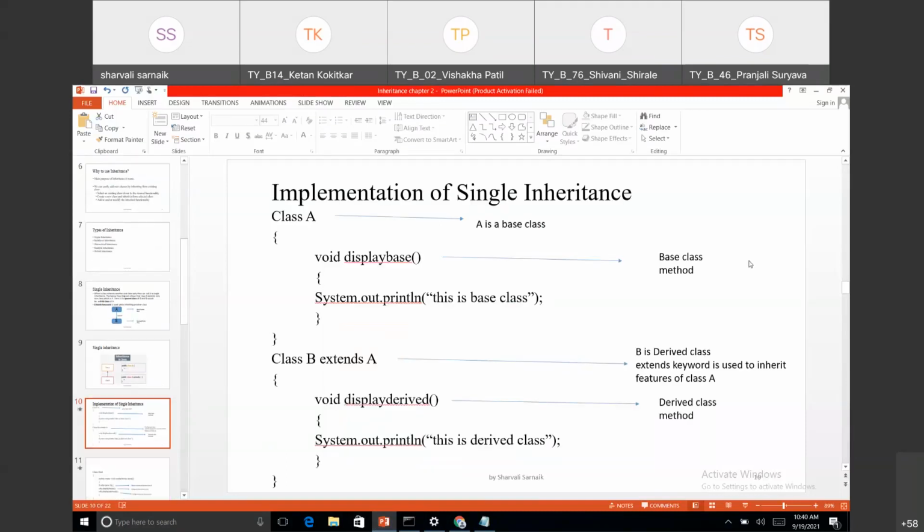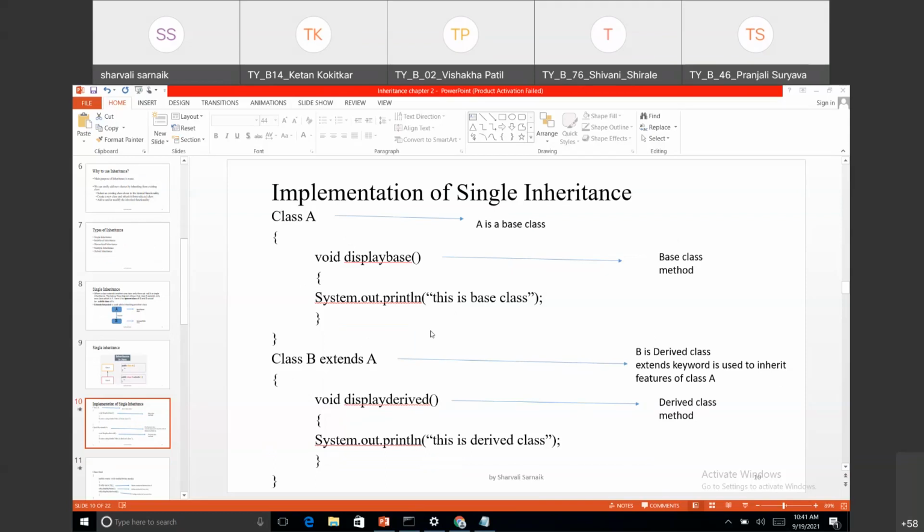Now see this one also. Class A is the base class. Then void display base is one function of the base class. Inside that I have just printed this is a base class.